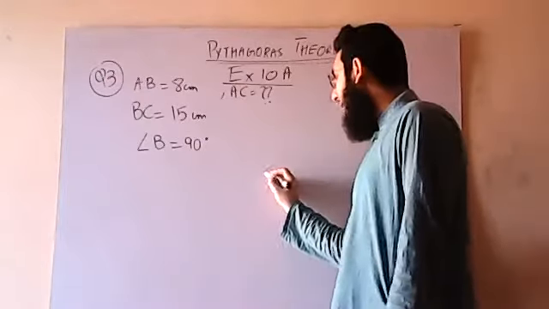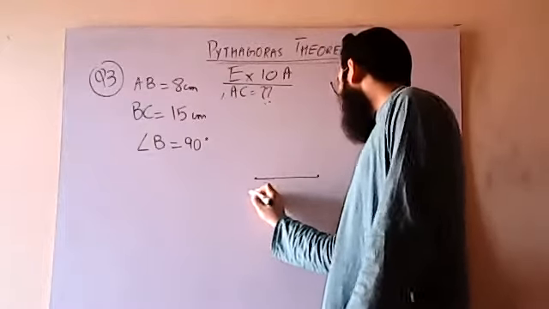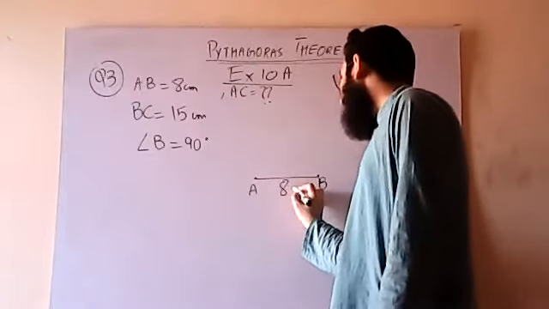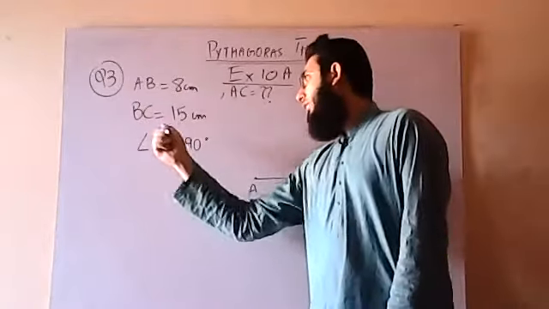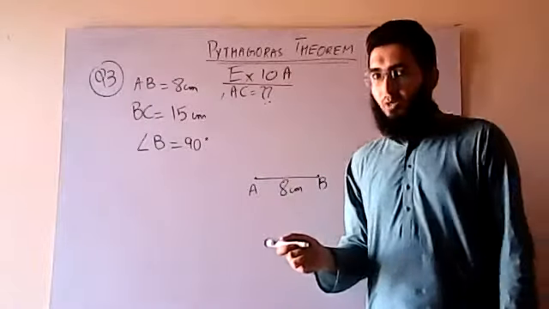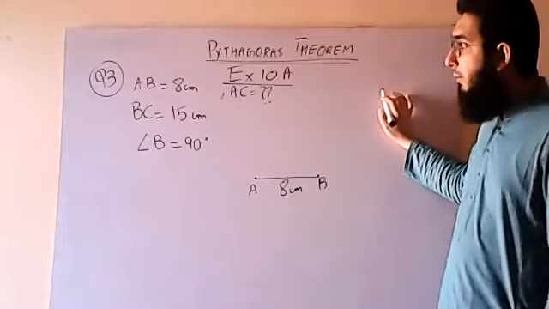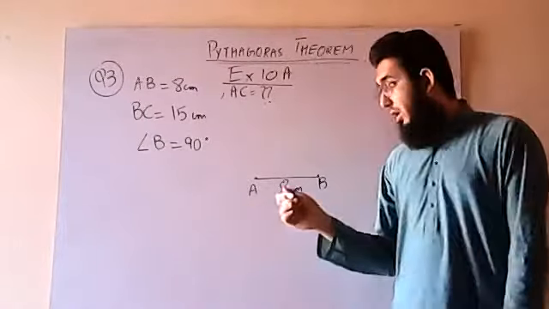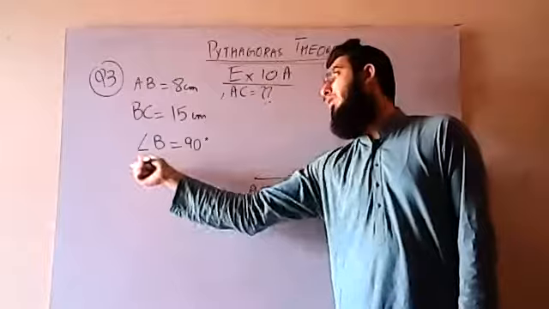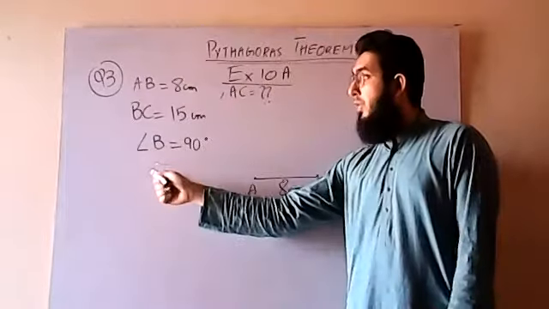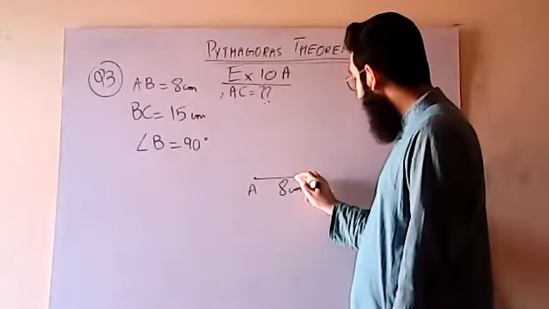Now, we know that AB is 8. I label it AB, 8 centimeters. The next step is he told us the length of BC is 15 centimeters. I cannot draw BC anywhere yet, because I do not know the specific direction up till now. I will know it after I know that the angle B is 90 degrees. Now I know the specific direction of the side.